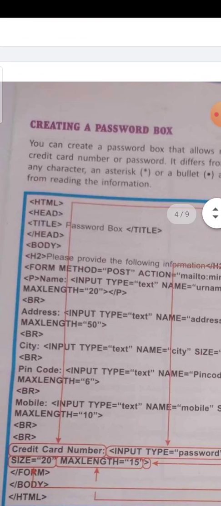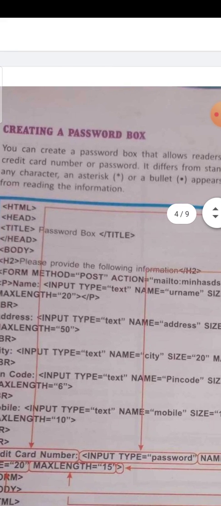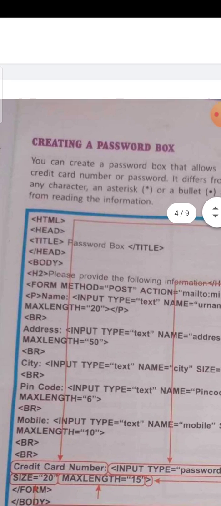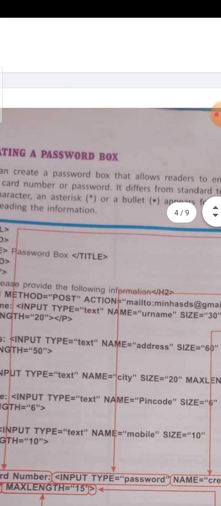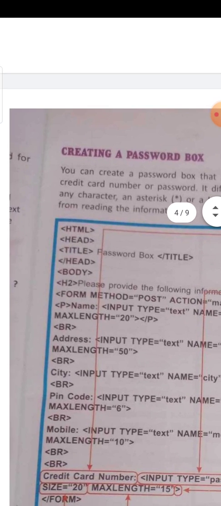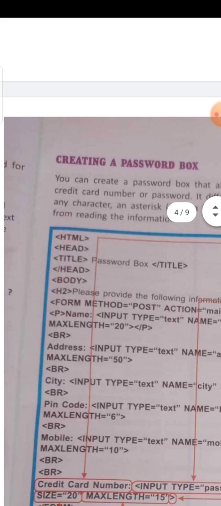Title of the web page is password box, then title is closed, head is closed, after that body, and there is a heading, please provide the following information, h2, and then form method post as usual as we wrote in the previous example, and then action is here also, and a paragraph is again there, and the paragraph contains name, so that is basically data that appears in the form